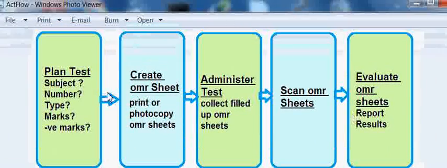So what you do is you first plan the test: how many questions, what is the subject, the type of questions and the marks per question, and whether you are going to use negative marks. So basically the software is meant for creating the OMR sheets, and this is the stage where the software will come in handy to you,